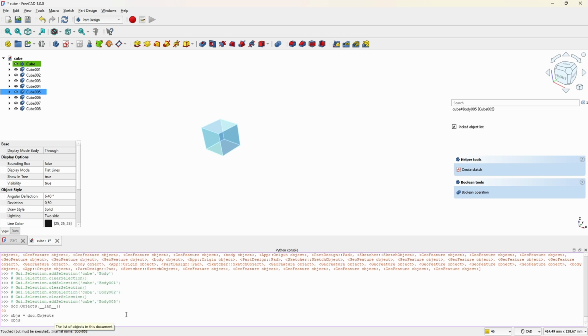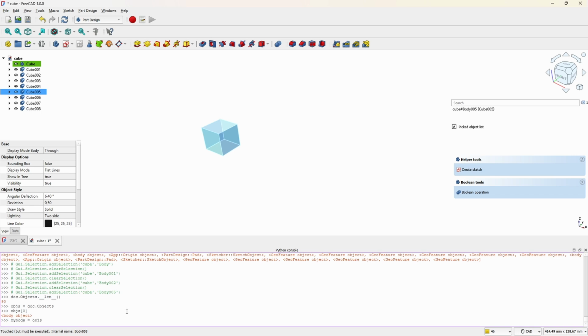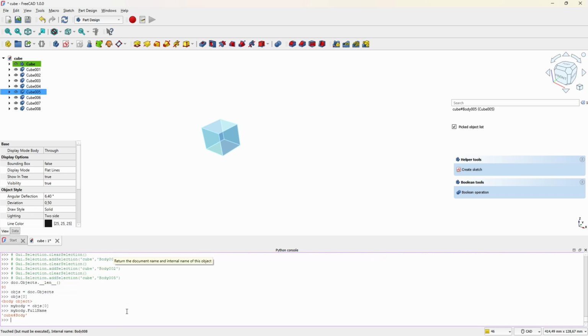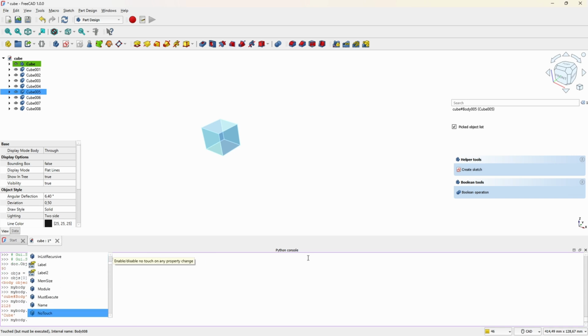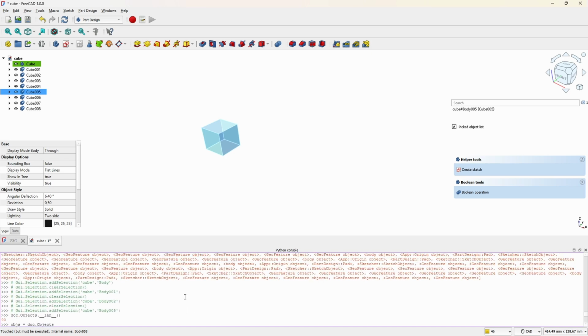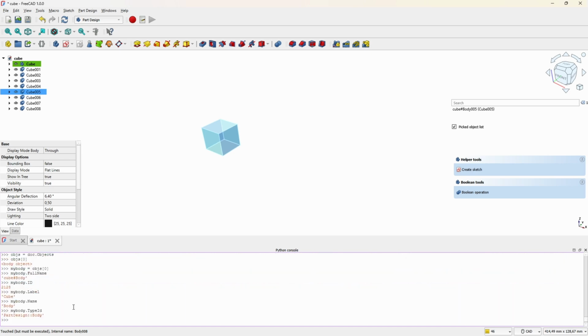Objects. Full name. Cube body. Yes, okay, so that should be the first one. Is there like an ID? Yes, ID. Oh, that's not helpful. Okay, placement might be the positioning that we need to use later on. Type ID. Okay, part design body. Wasn't that the same that we saw here? Part design body. Yes, so for